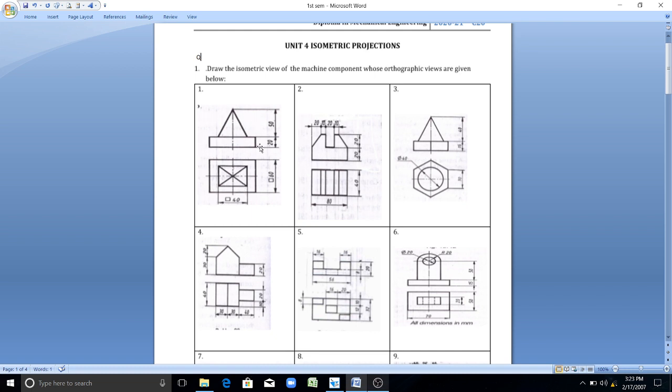You have to observe this two-dimensional or orthographic view carefully, and imagine how its 3D will look like. If you observe the dimensions carefully, it is nothing but a square prism of height 20 mm. The square prism side is 60 mm and its height is 20 mm, upon which a square pyramid of base 40 and height 50 mm is resting. You have to do the isometric projection in any of the CAD software. We are using Solid Edge software. So let me explain how to do this model in Solid Edge.